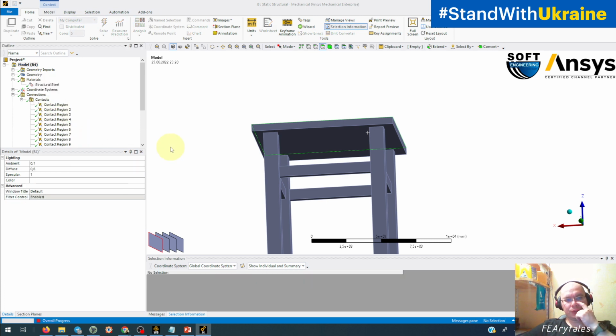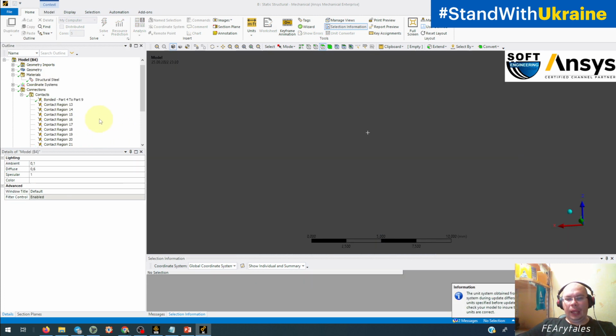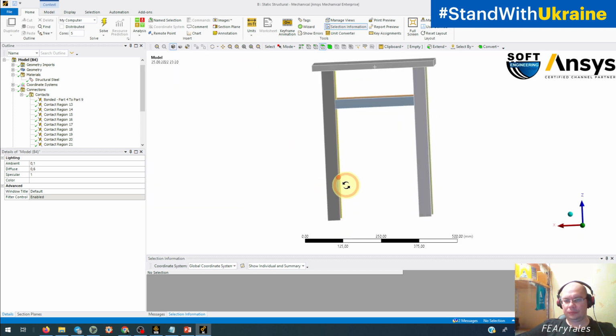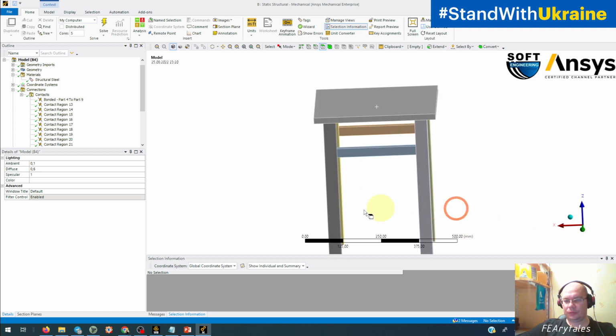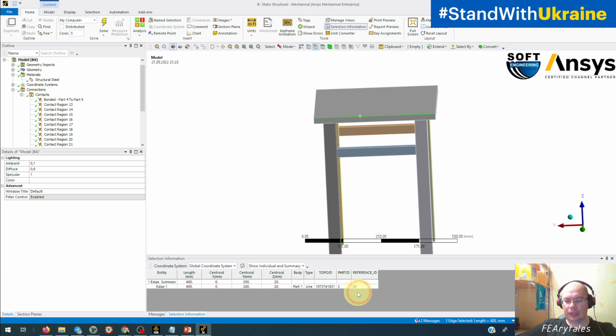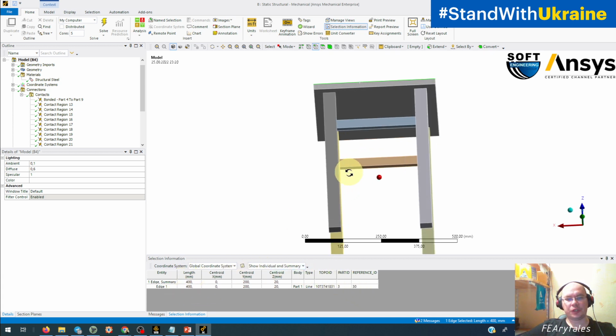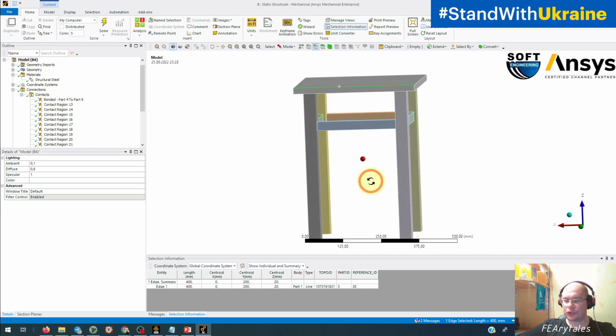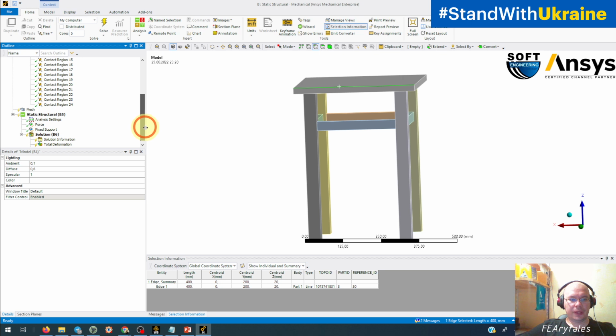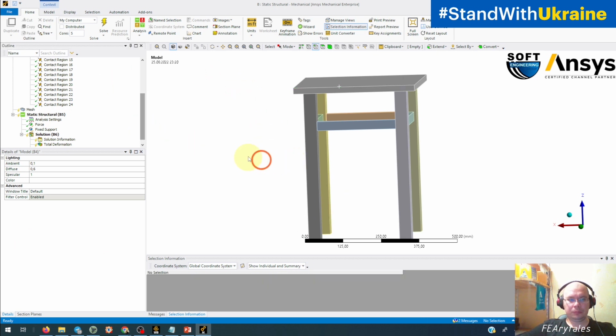Update geometry from source. And yep, it's almost half a meter. It's 400 millimeters in length, so it's much better. It's our chair, okay. And we see that we don't have any problem. We can solve,